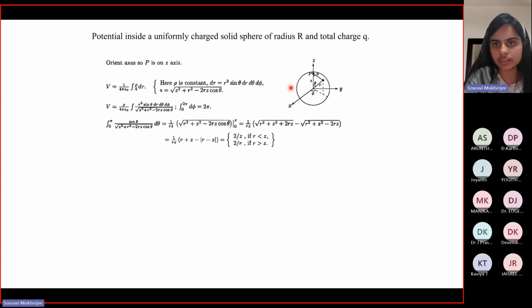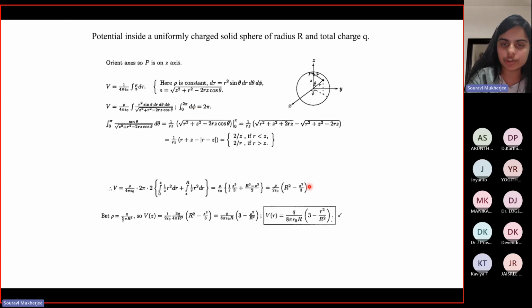So now you know you can use the expressions to find the distance and do the integration. If you do all that, you'll find an expression for the potential. Now here you can put the expression of rho. Rho is nothing but volume charge density, and then you can write the potential in terms of the total charge, the radius, and